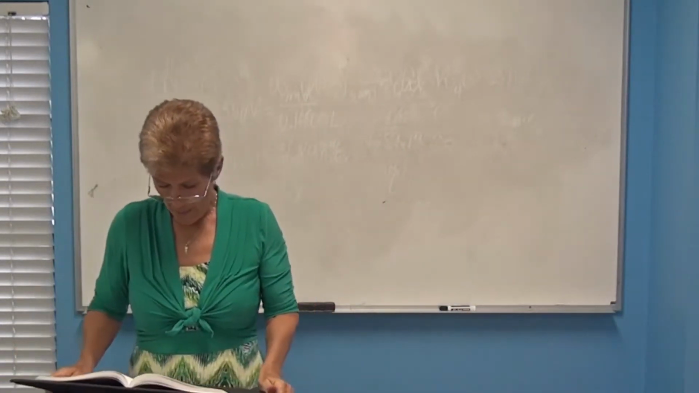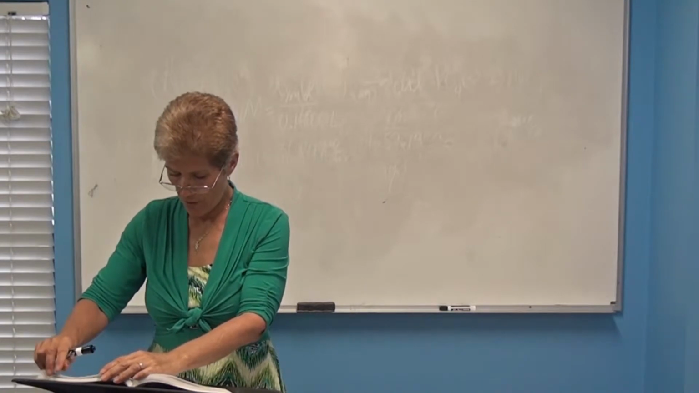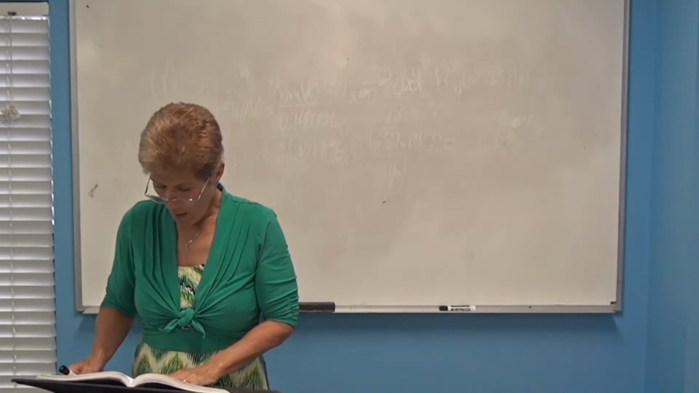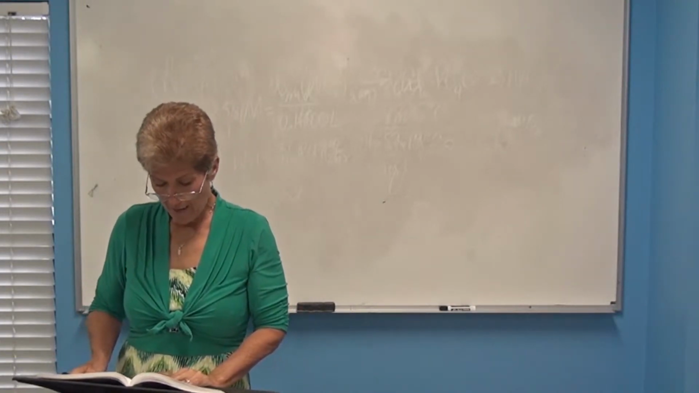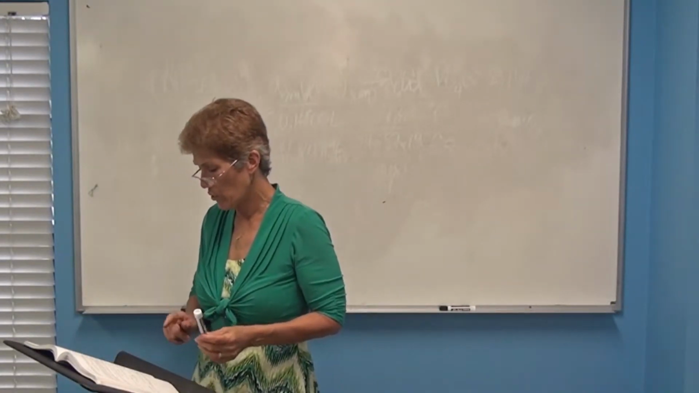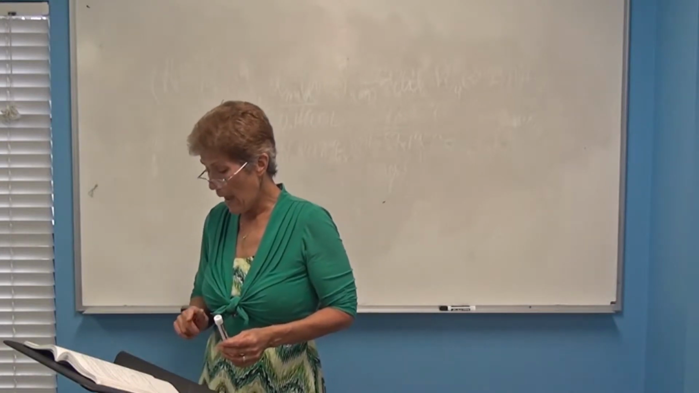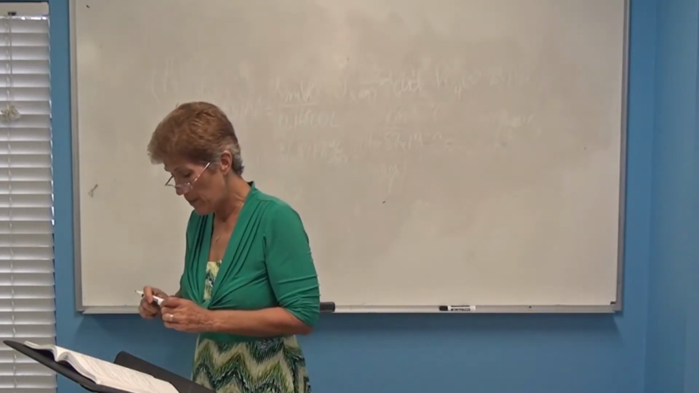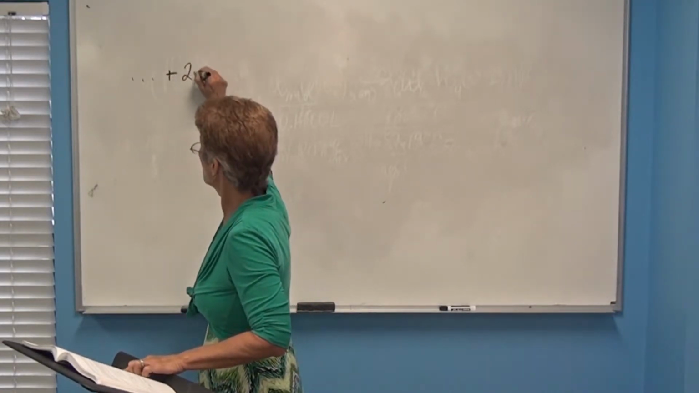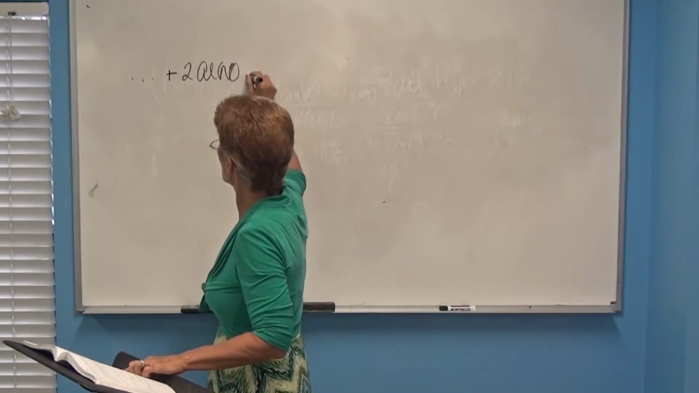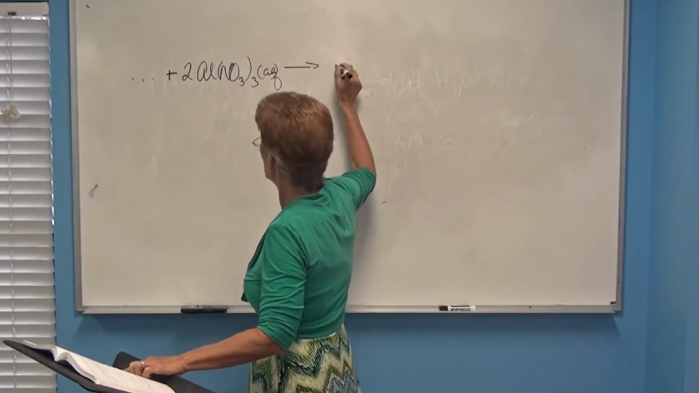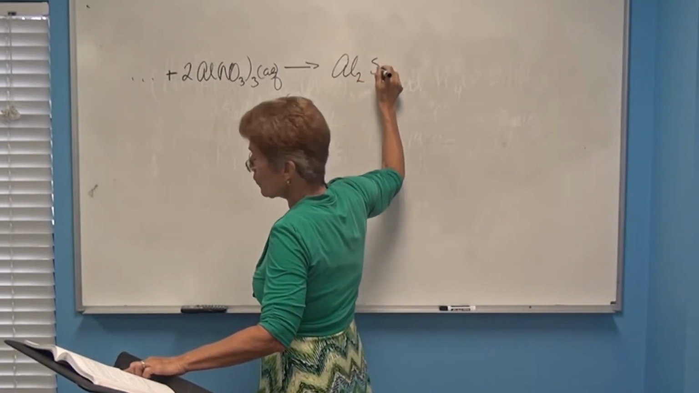Number 10, a chemist makes an aluminum sulfide according to the following reaction, and then you've got the reaction there. If he has an excess of ammonium sulfide and 125 mils of 1.51 molar solution of aluminum nitrate, how many grams of aluminum sulfide can be made? Okay, so we've got plus 2 aluminum nitrates yields aluminum sulfide